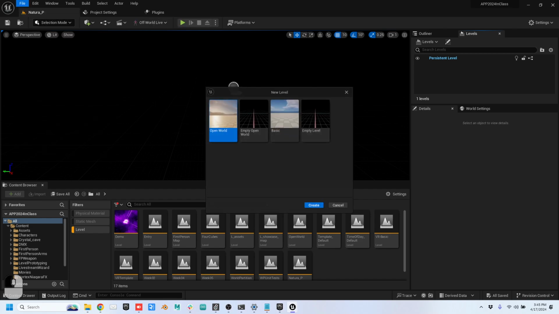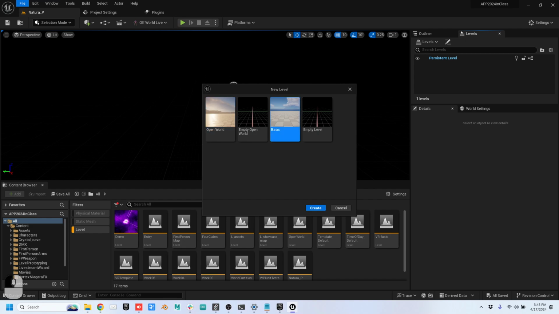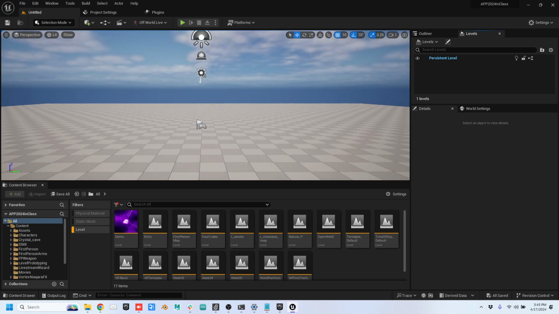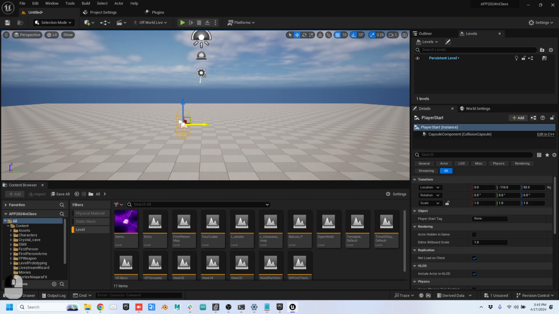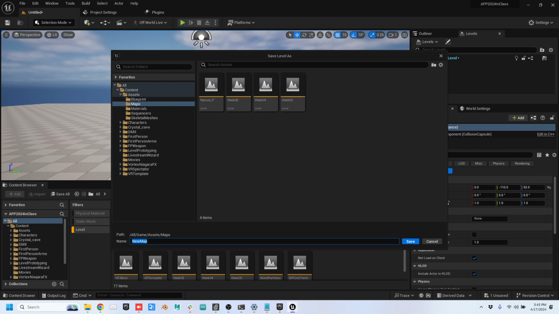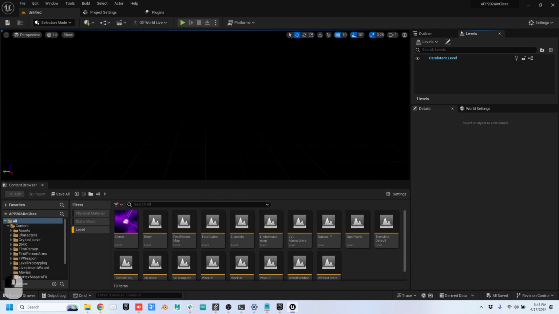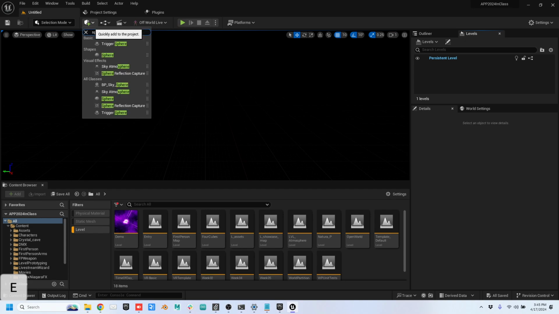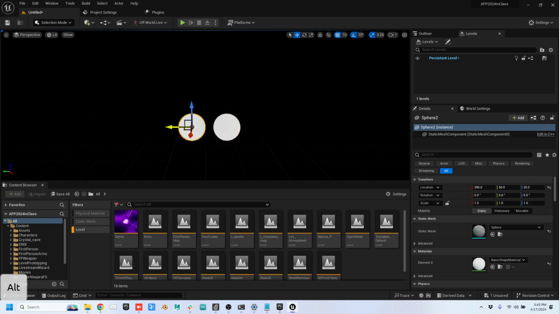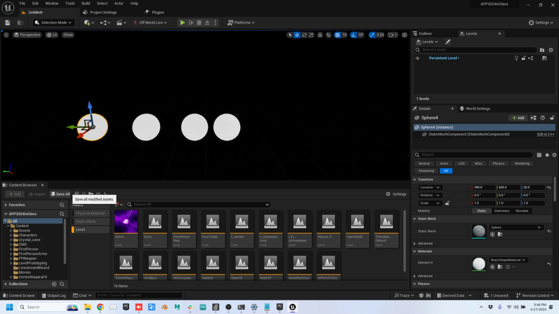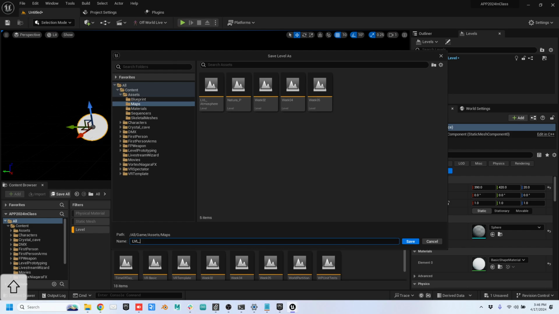So let's say I have another level with an atmosphere, all right, and this one could be LVL atmosphere. And then I'm going to make another blank level with just geometry, spheres. All right, so just a bunch of spheres. Cool. Now if I save this one, LVL geometry,